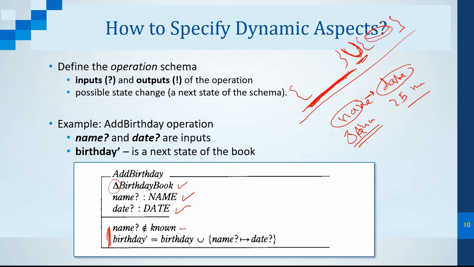So we just have a new variable, the variable is name, and question mark. That means this variable is input. We have input here. Okay, question mark, that means it's input. And the date also is input. So we have now two variables. So this is the one we want to add. So we will add the relation. Add the name. Also we have the relation